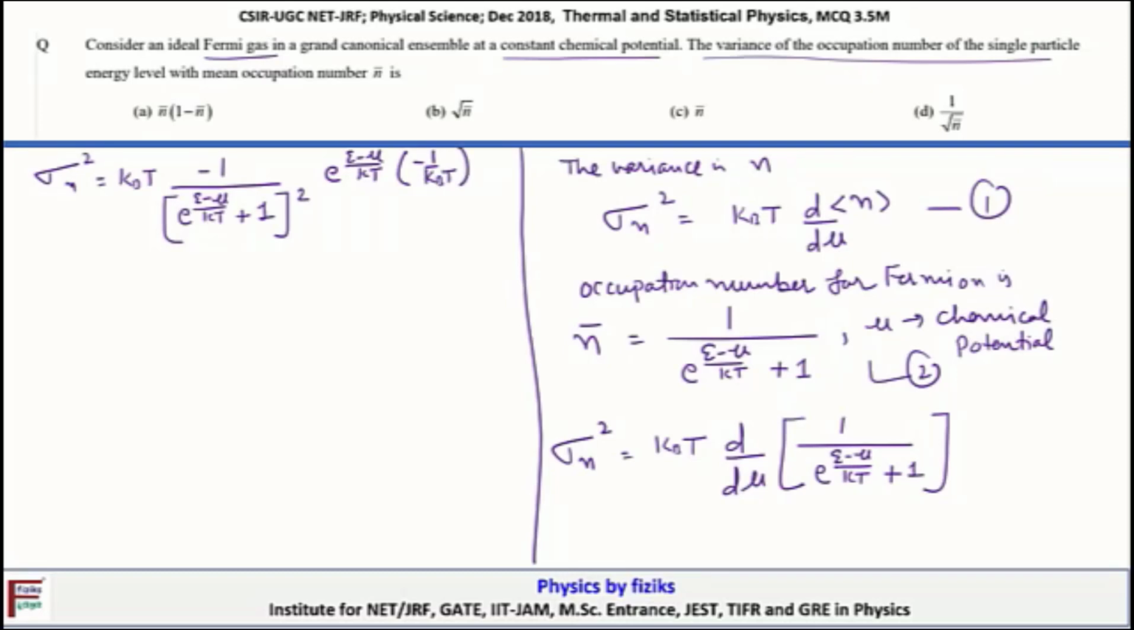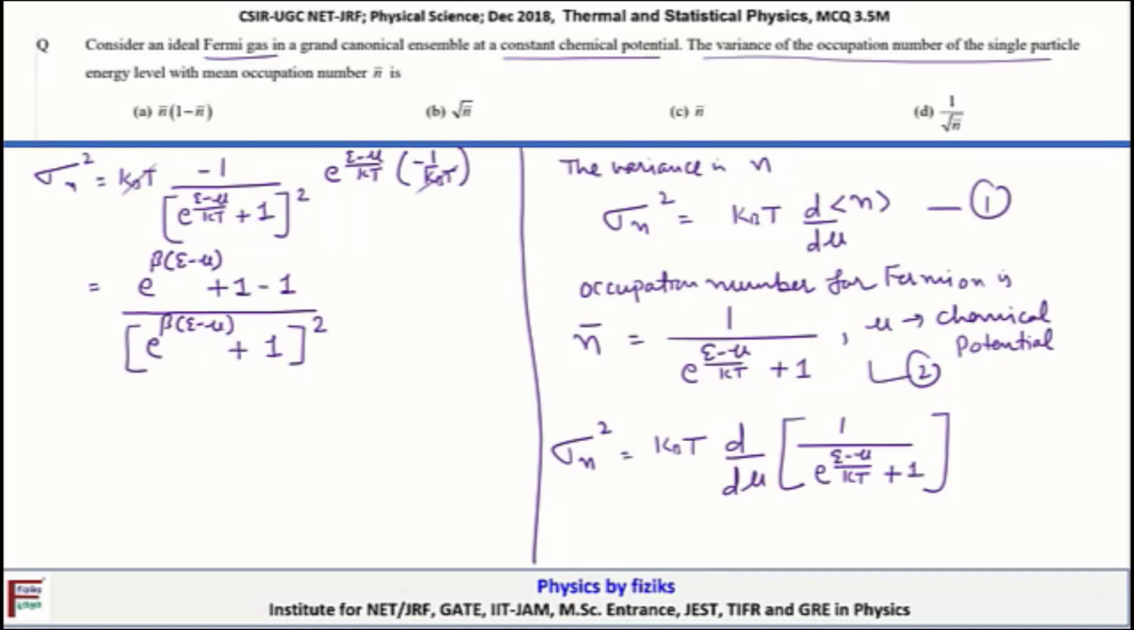Okay, so minus and minus will cancel with each other, and kt and kt will also cancel with each other. So it will cancel with kt, and minus will become plus. This can be further rewritten as: exponential e minus mu by kt can be written as beta times (e minus mu), and here what I'm going to do is add 1 and subtract 1, and then divide by e power beta (e minus mu) plus 1, and its